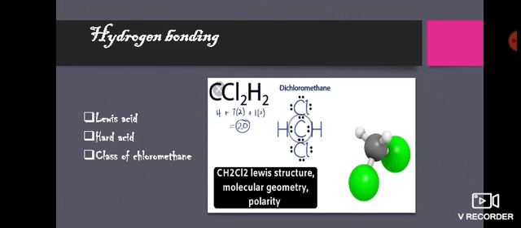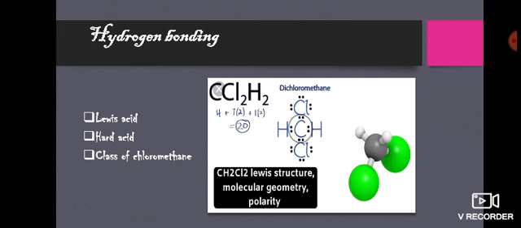We have hydrogen bonding. Whenever hydrogen makes a bond, it is called hydrogen bonding. So, methylene chloride is a Lewis acid that can hydrogen bond to electron donors. It is a very hard acid. Now, what does hard acid mean? Hard acid means that it is not very polarizable and it has very high charge density. And it is a class of chloromethane,